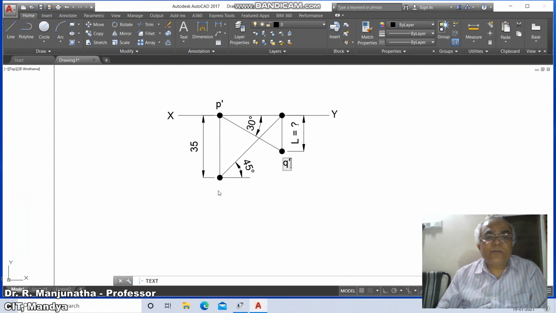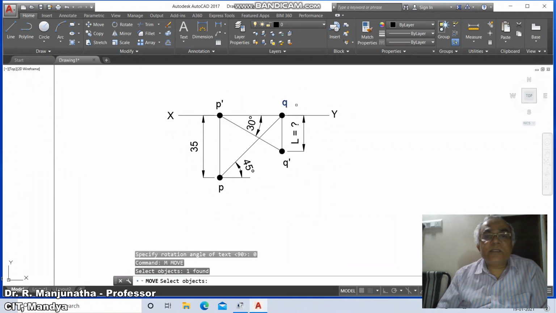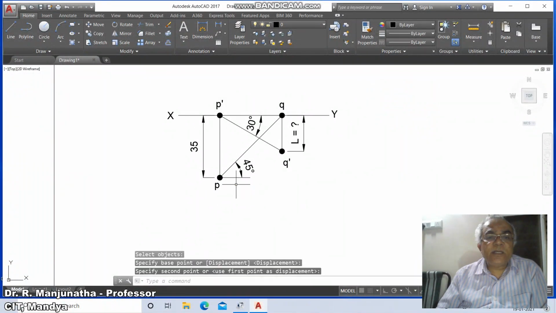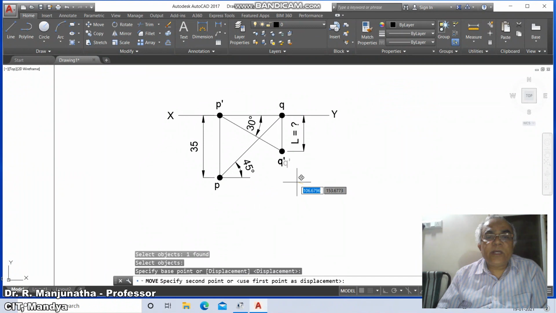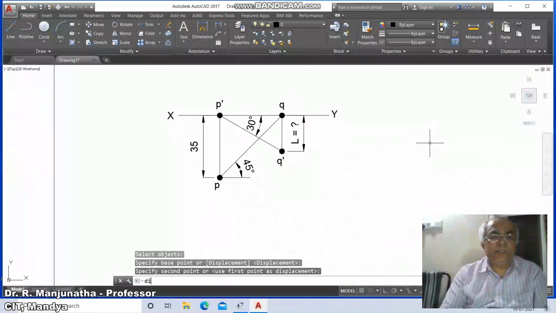Then from here make it P and from here make it Q. So this is the top view. Then go to move, select this, move it here, and P, select this and move it here, and Q dash, select this. Once you do this, now we check the dimension.